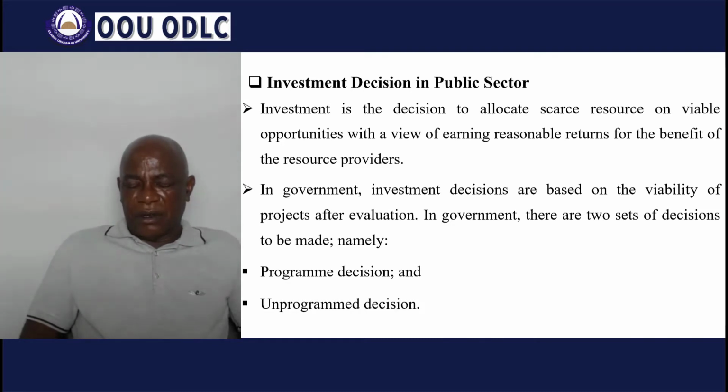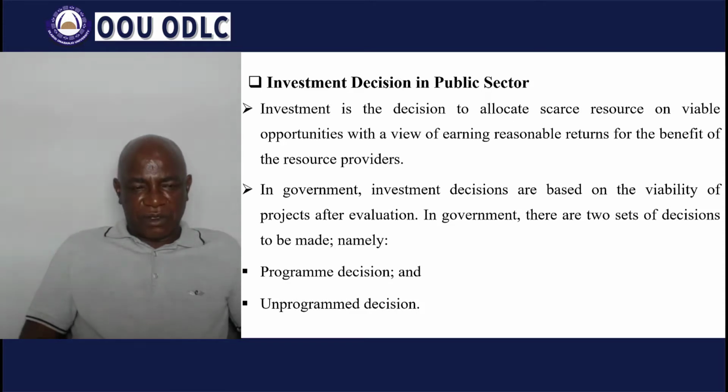Part of the money that accrues to the government, either at the federal, at the state, or at the local government level, can be invested. And when such surplus funds are to be invested, due process must be followed. We must consider different alternatives, sources of investment, aside from evaluating the cost of such investment or such project.